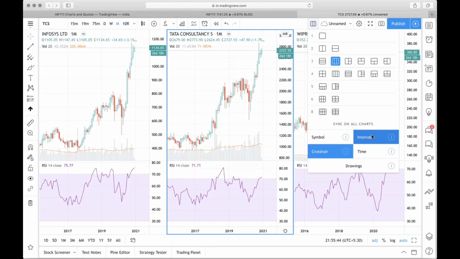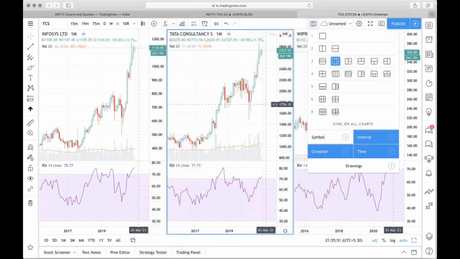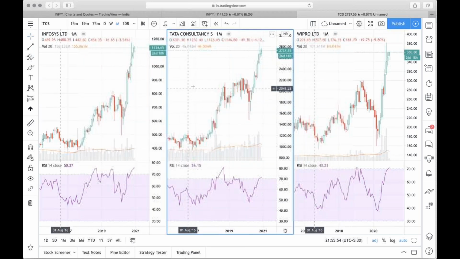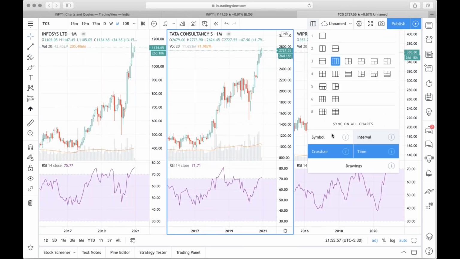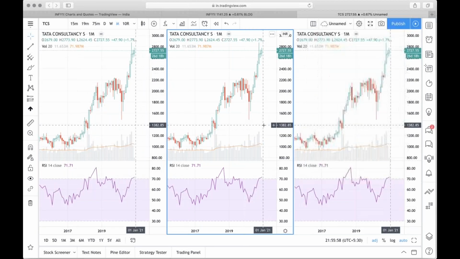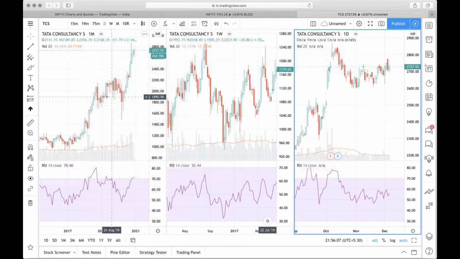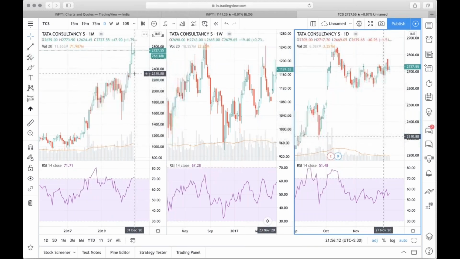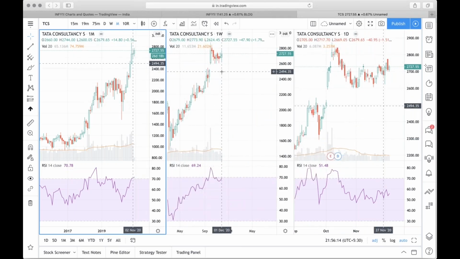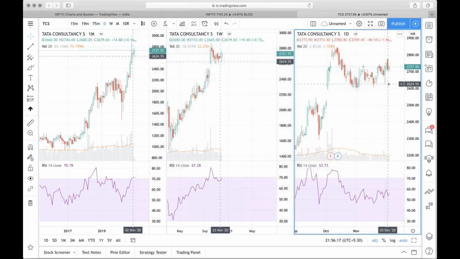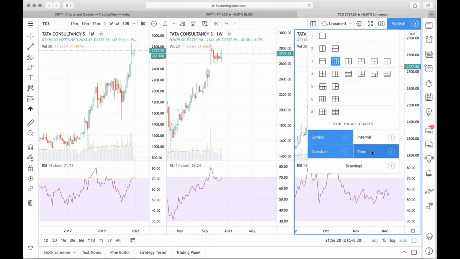The best thing which I like about TradingView, this sync part, is that of time. This is primarily used when I have a symbol synced and different time frames. So what I've done is I am looking at Tata's TCS charts in 3 different time frames. I have monthly on my left hand side, the weekly in the middle, and the daily on the right. Now, because I have clicked on time,